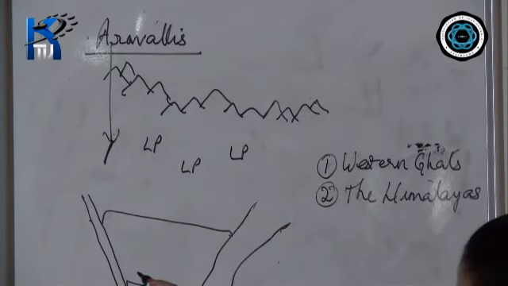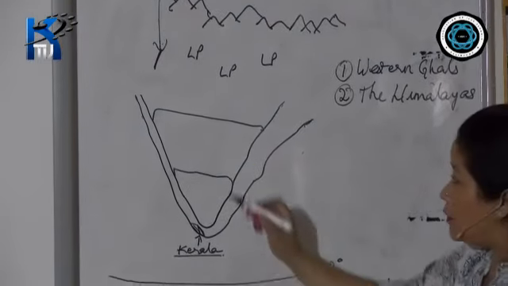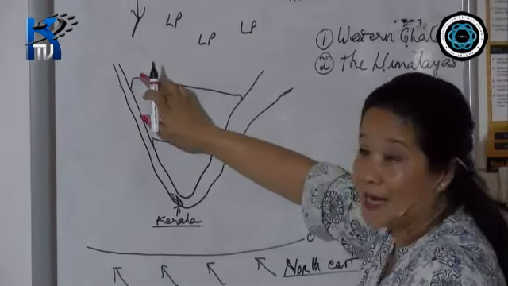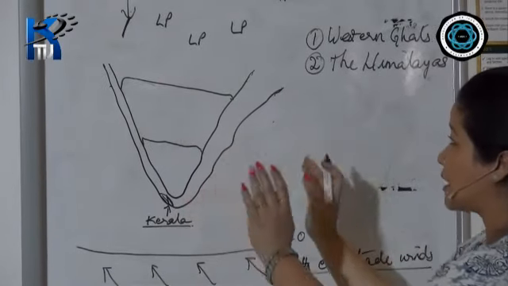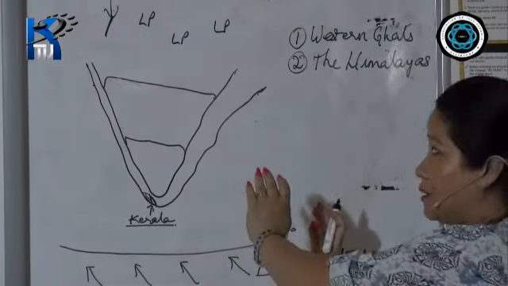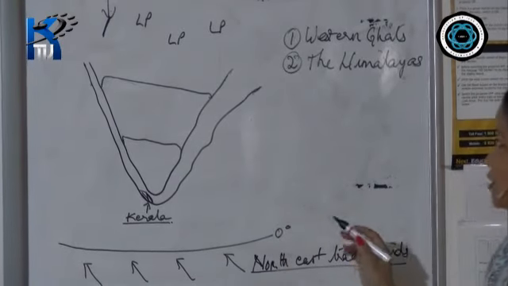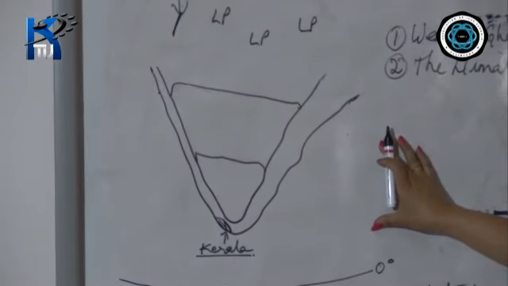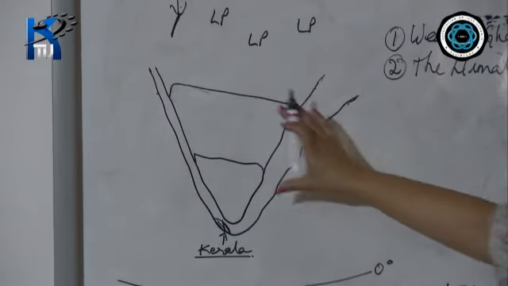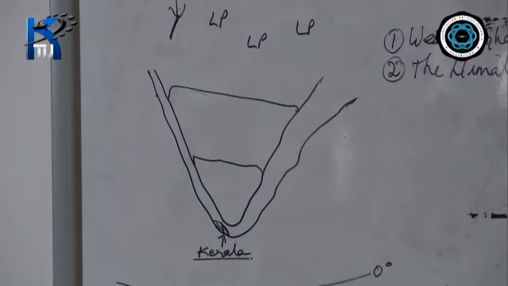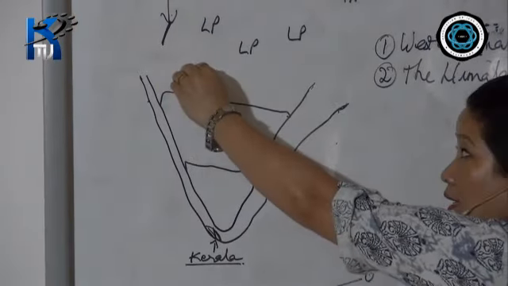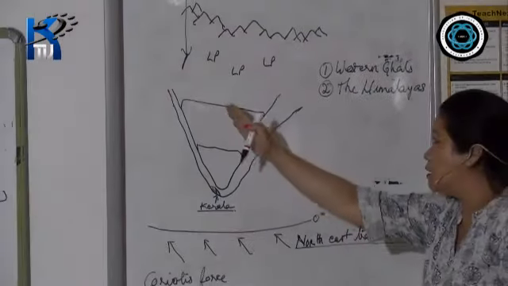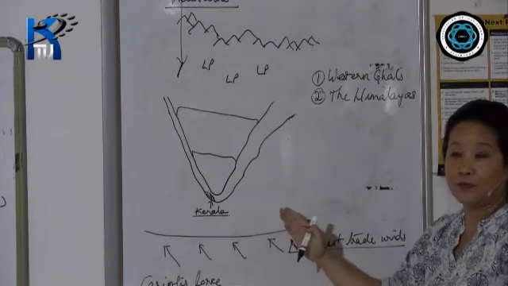Now if you look at this diagram carefully, I have done this to explain that this is a highland region, and if you look at the plateau, the Deccan Plateau, it is sloping towards the Bay of Bengal. So if you notice, all the peninsular rivers drain into the Bay of Bengal. There are only two west-flowing rivers in peninsular India, that is Narmada and Tapi. Otherwise, all these rivers drain into the Bay of Bengal.